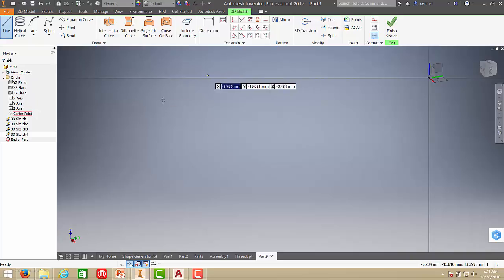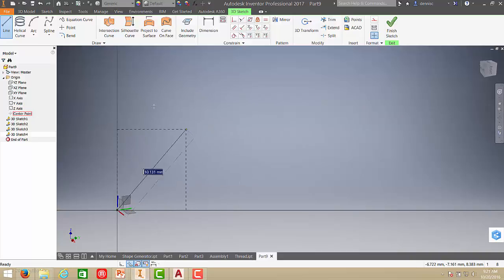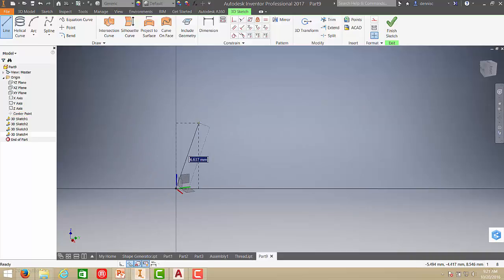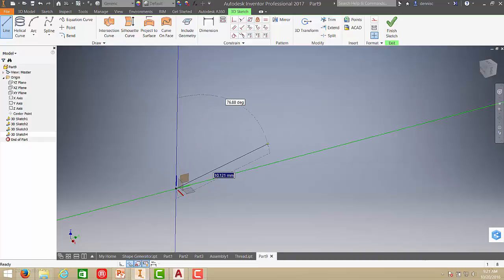So I'll start my design at the center point. Once you select the center point, it will automatically start the line at the center point. And if you would notice, there's a triad that can be used as a guideline. So if I select a plane, my line or design will be constrained in that plane. So now I'll just input my dimensions.